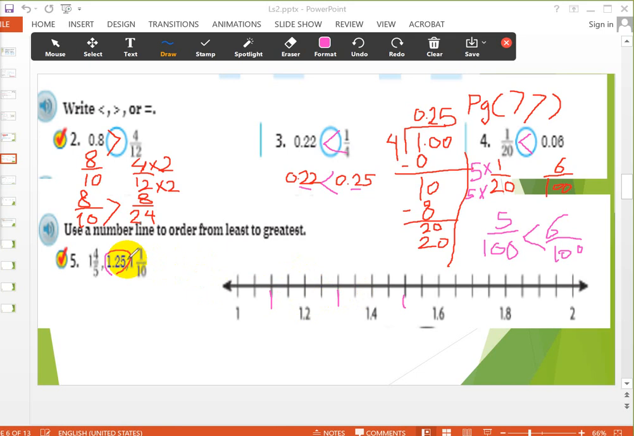So 0.25, it will be between, you are our alarm actually, Farah. So it will be between 0.2 and 0.3 in the middle. So this point will be 1 and 0.25 hundredths. The number will be right here. Okay, in the middle between 1.2 and 1.3. Okay,